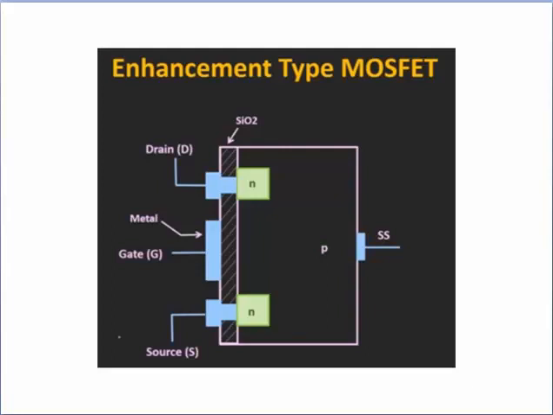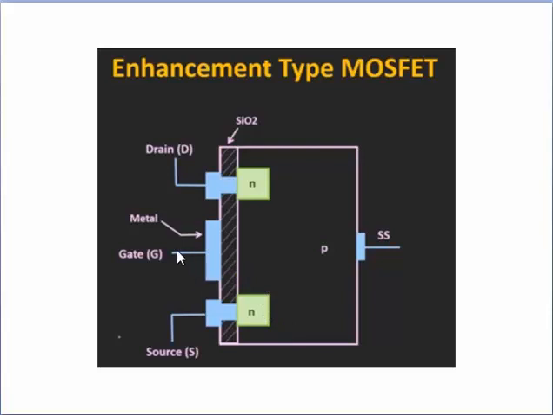there are some aspects that are similar to the depletion type MOSFET. If we see the construction of N-channel enhancement type MOSFET, then the substrate is made up of P-type material. Through the metallic contacts, the drain and source terminals are connected to this N-type material, and this is similar to the depletion type MOSFET. This oxide layer